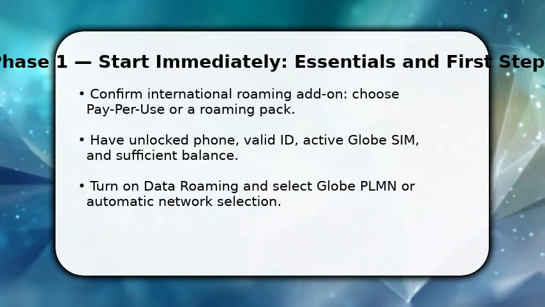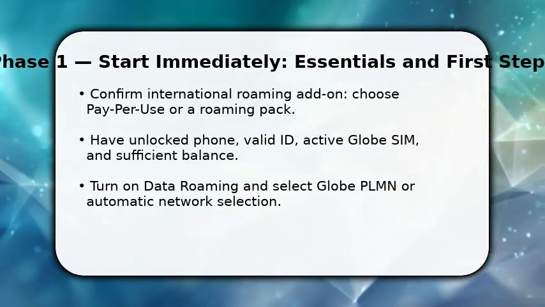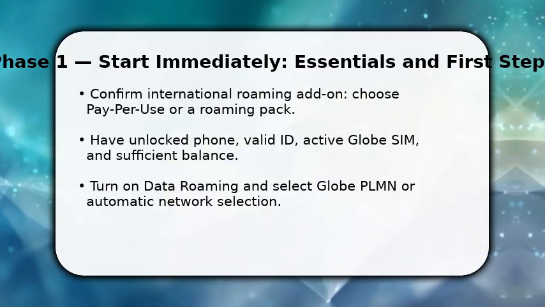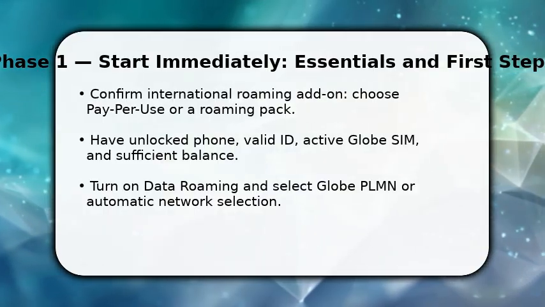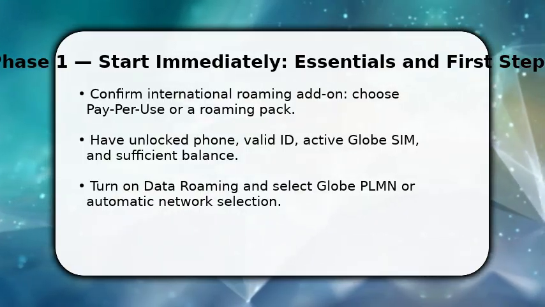You start by confirming eligibility and enabling roaming on your phone. Check your account for a roaming add-on, pick pay-per-use or a pack that fits your trip, buy it now. Make sure your device is unlocked, your Globe SIM is active, and you have enough balance or a valid payment